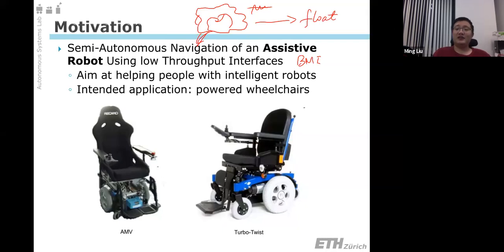There are certain applications where some people can use implant IC devices to get better measurements from the brain, but still the problem is unsolved. There are examples that this problem is not totally solved. But the motivation is clear, right? So the aim is to help people with intelligent robots, especially for those people who cannot move anything,